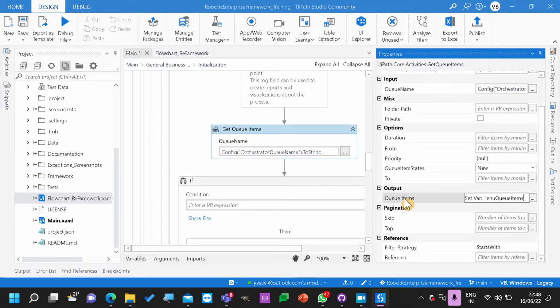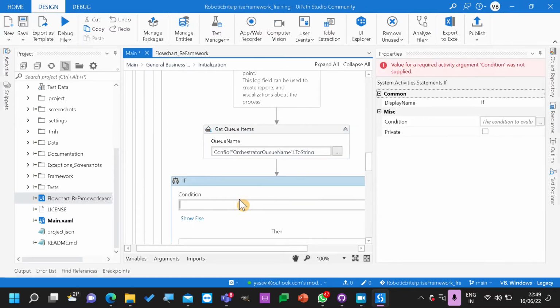If you hover on this, it is giving me IEnumerable of queue items. So IEnumerable is a collection data type. Now if a string, then it will be characters, a combination of characters. If it is an integer, that is a number. So IEnumerable is a collection of queue items.